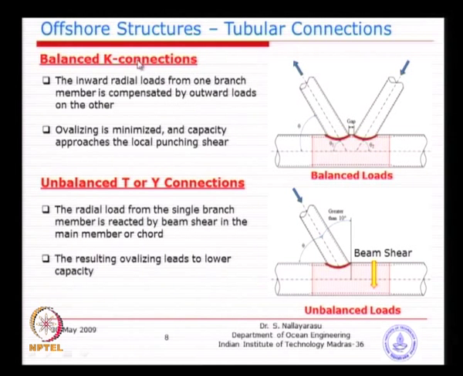This balanced junction is always better, because the local stresses will be counterbalanced, one being compressive and the other tensile. That is why we have a special case where the loads are balanced, which is called a balanced K junction. For a T or Y, there is no balancing; whatever load is coming from the brace has to be taken as beam shear by the chord member. So, there will be a substantial increase in stresses compared to the K junction. When we practice design, we will compare the balanced K equation with a Y junction, and find that the result will be more for the Y compared to K. That is the idea that we want to convey.